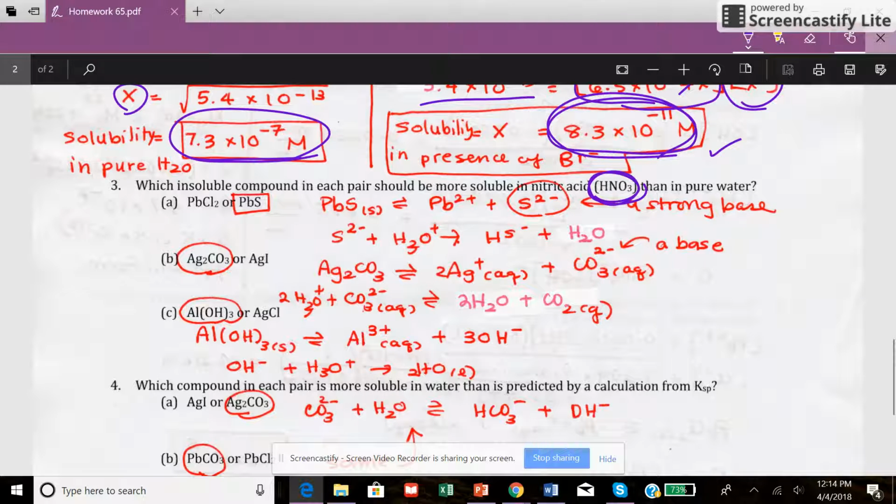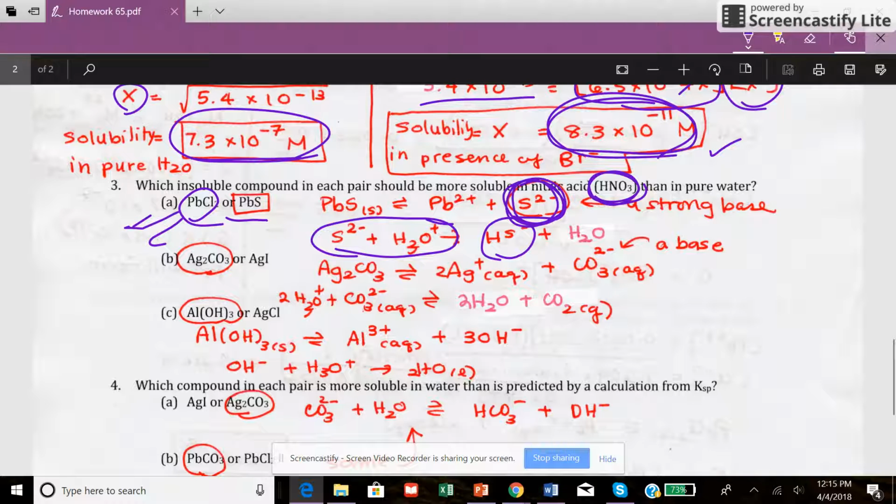Now, remember, if you have lead sulfide, when it dissolves in water, it will give you lead ion and sulfide ion, and this is a strong base. It will react very quickly with the acid, nitric acid, and produce a weak acid, and you know a weak acid doesn't ionize back that easily. Now versus if you have